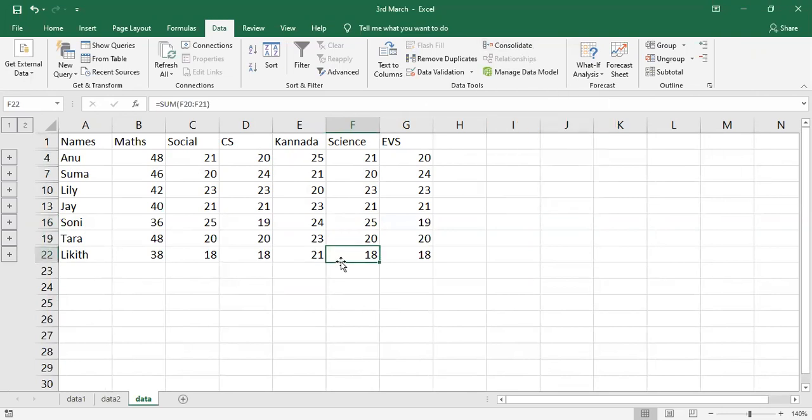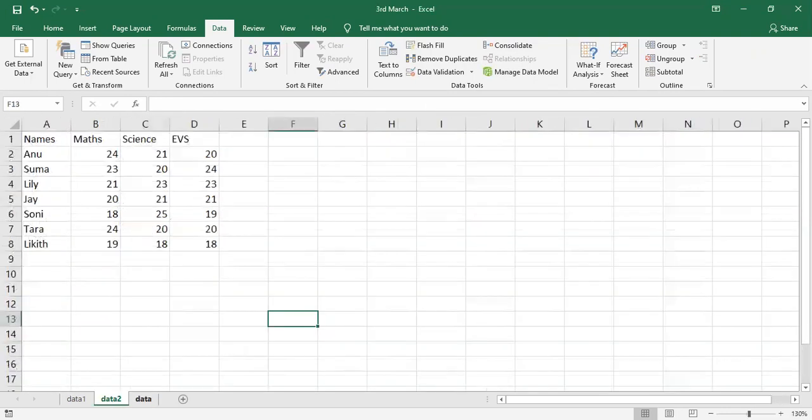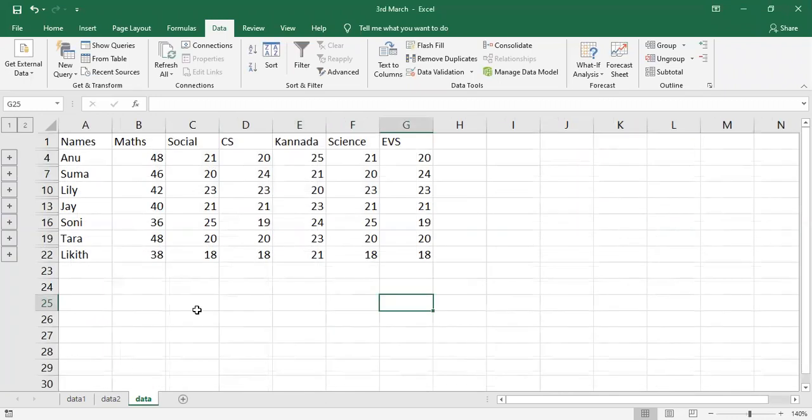The data can be combined from different worksheets and from different workbooks also. See, in a workbook you will have worksheets. What I did is within a workbook only. If you have data in different sheets, different workbooks also, you have to do it in the same way.